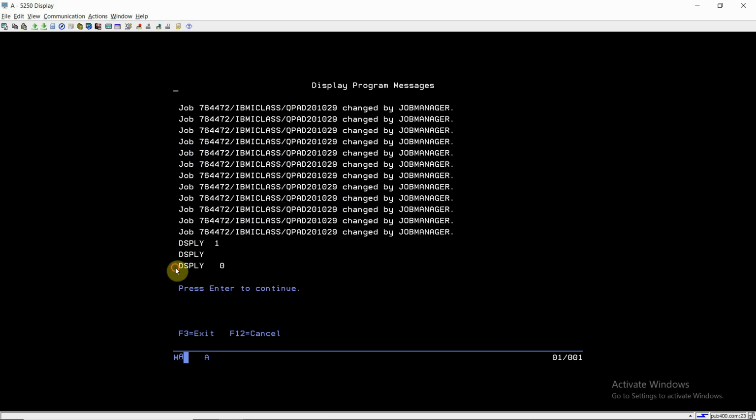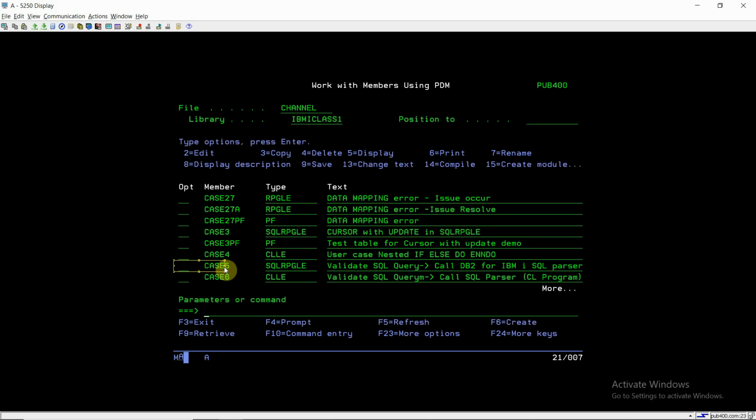In case there is a null value, the ALLOWNULL *USRCTL option will treat that null value as 0 for the numeric field and blank for the character fields. So I'm getting my output and I'm not getting any data mapping error due to the null value in the null capable field of that file.